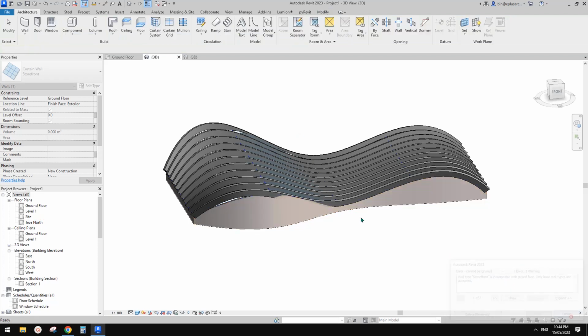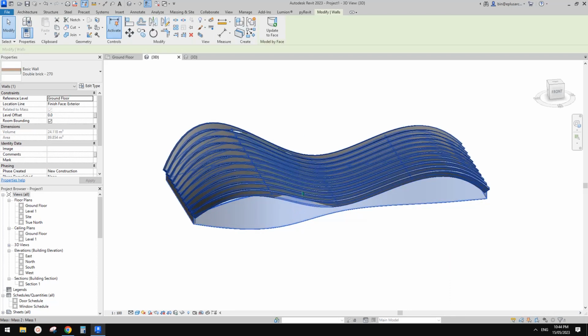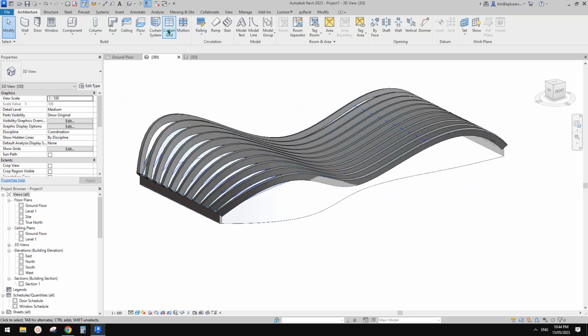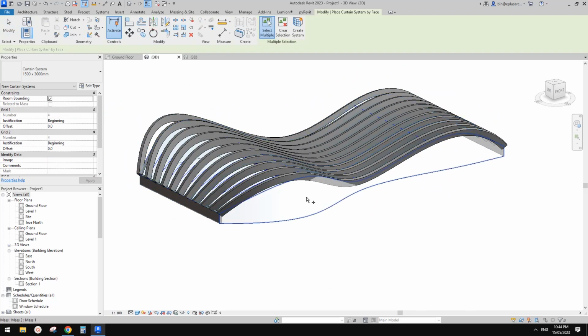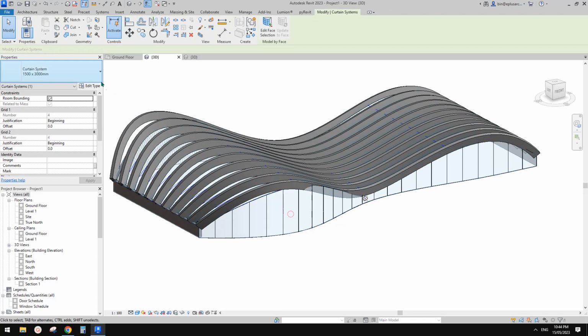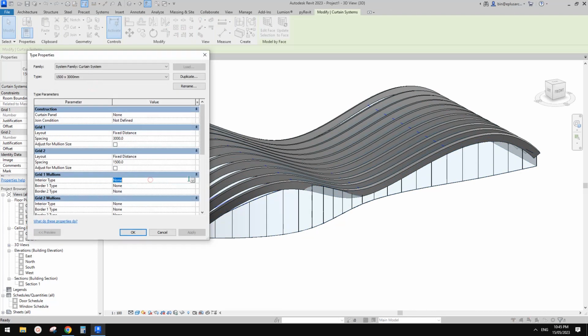We can't place curtain wall because it's curved, so that's fine. We should still be able to use curtain system, which is very similar to curtain wall. Okay, so we just need to edit, adjust the